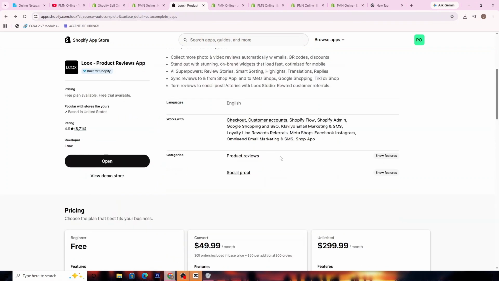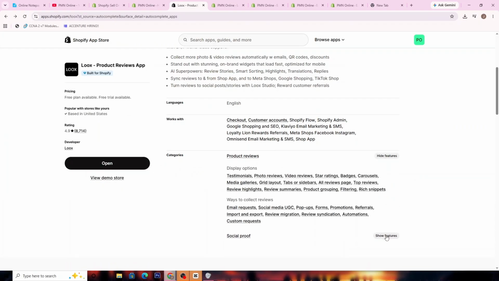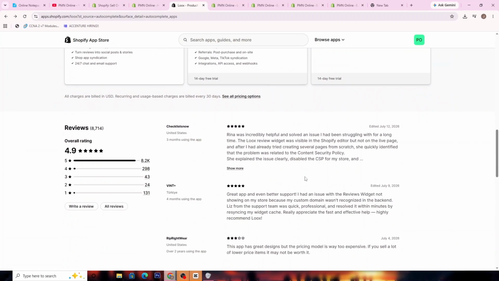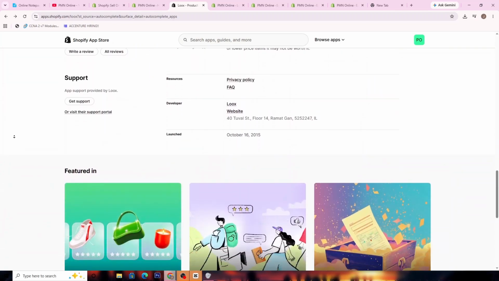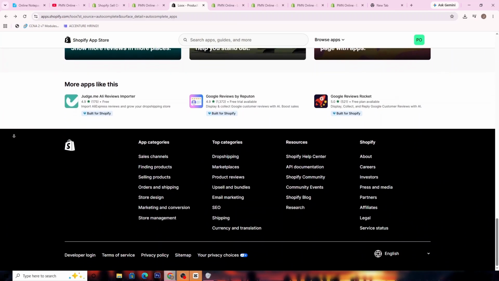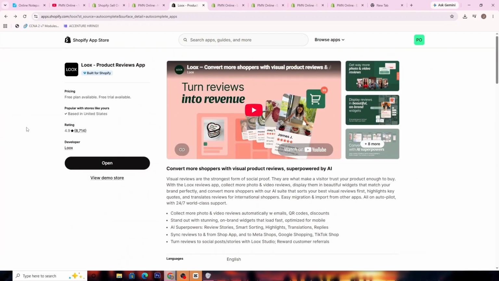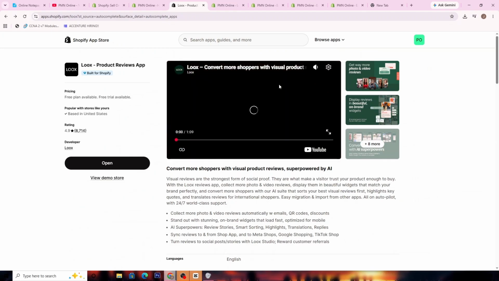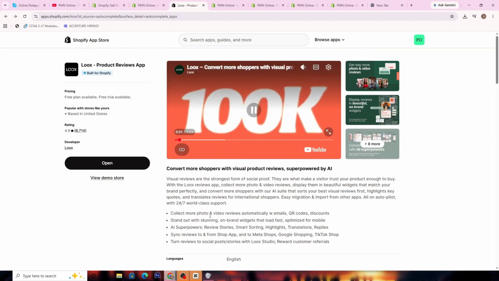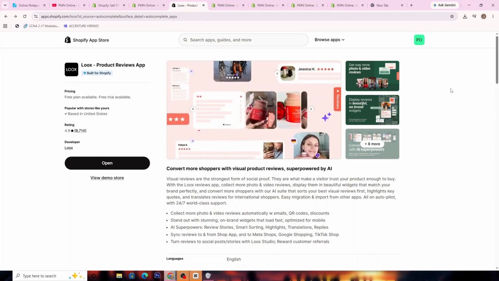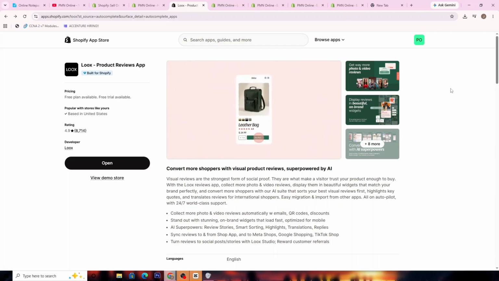Now, let's talk about some common mistakes. A frequent error is not customizing the timing of review request emails. If sent too soon, customers may not have had enough time to use the product. Conversely, waiting too long might result in customers losing interest. A good rule of thumb is to consider the product's typical use cycle. For instance, for consumable goods, a follow-up after 2 weeks might be appropriate, while for longer-term products, waiting a month